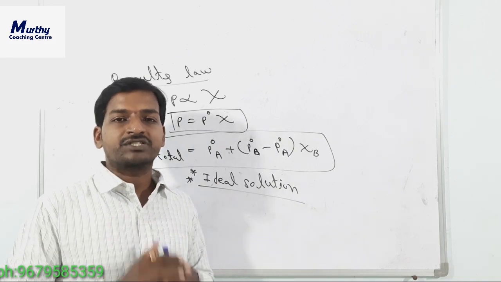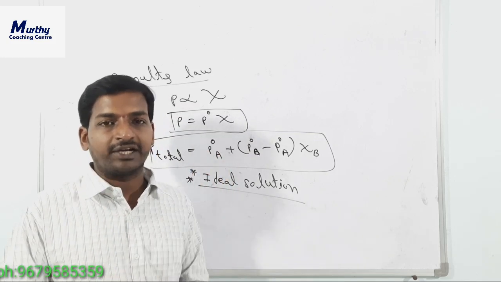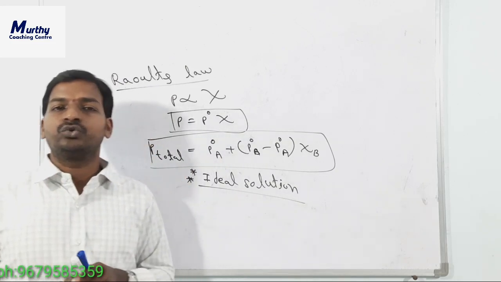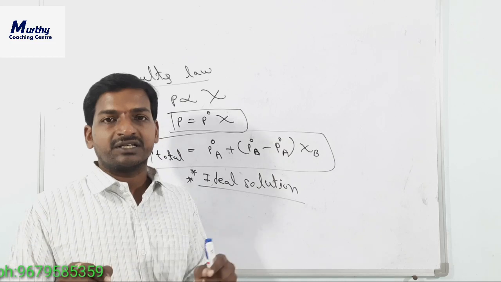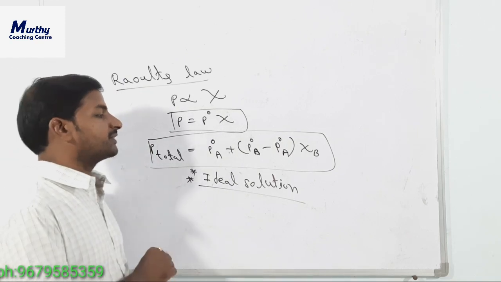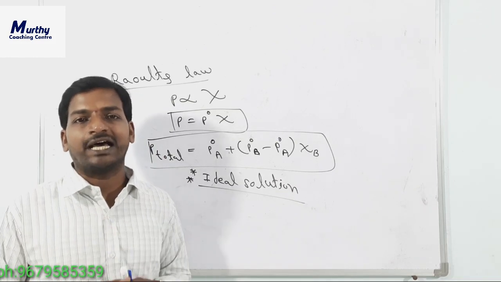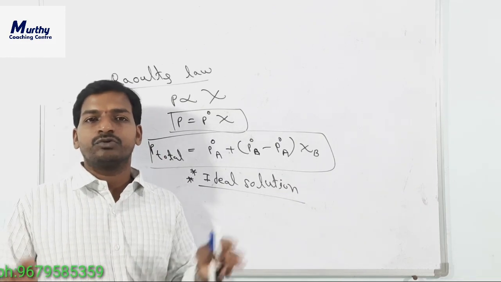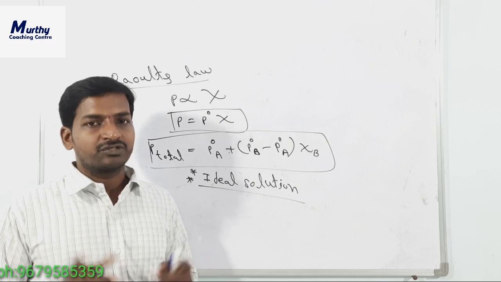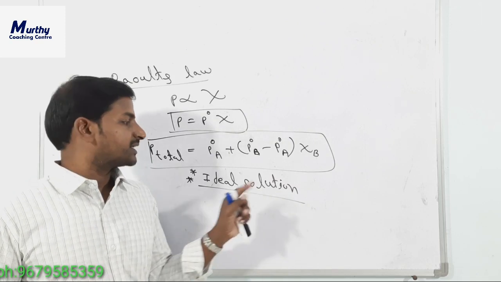liquids should be almost the same. Means when we are mixing two different liquids, if the structure and polarity of both are almost similar, then we can say that is an ideal solution. If you take benzene and toluene, both are aromatic compounds, meaning cyclic ring compounds. So both have almost similar structure. That's why we are considering them like an ideal solution. The only difference is one CH3 group. So that is the ideal solution.